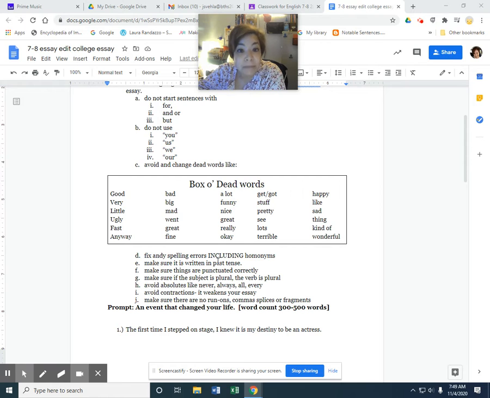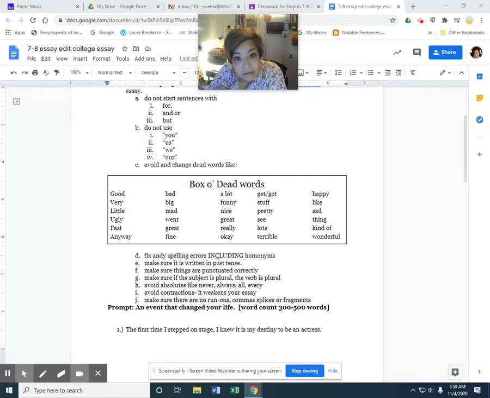It'll just be easier. You can write in present tense if you want. But you have to remember then the whole essay has to be in present tense. Make sure it's punctuated correctly. So titles of books are going to be in italics, that's slanty writing, and then titles of poems or short stories are going to be in quotes. Don't use absolutes, okay? Like never, always, all, every, because rarely does that actually apply. And there are words that fit that better, that are going to be more explanatory, which is what we want.